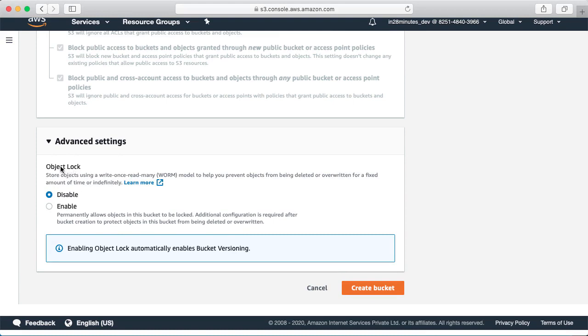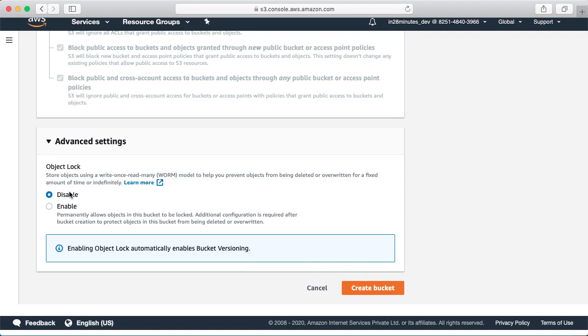Because of regulations or compliance needs, some enterprises do not want to delete any object in a bucket. So if you don't want to allow deletion of any objects from your bucket, you can enable object lock. If you use object lock, then using bucket versioning is mandatory. You should version the objects which you store into a bucket. We'll talk about object locks and bucket versioning a little later as well.